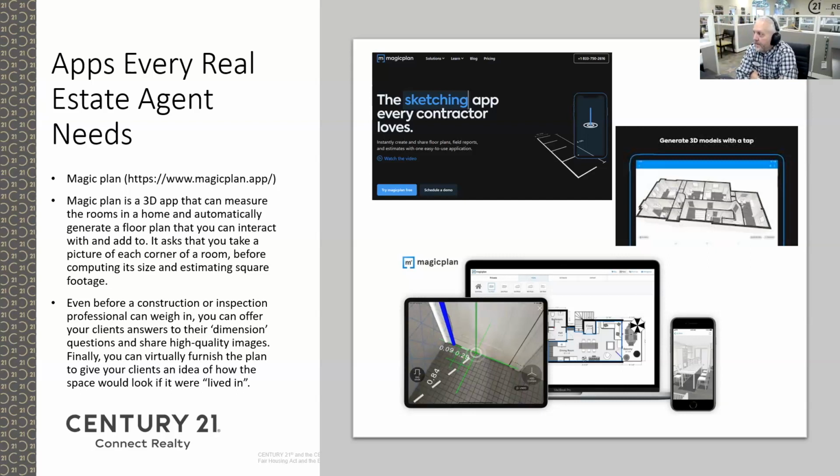Very useful tool, very helpful. This one does have a cost associated with it, and as I recall, it's not cheap. But if you're going to be doing a lot of listings, Magic Plan or something similar to it might be a good, advantageous thing for you to have on your phone.